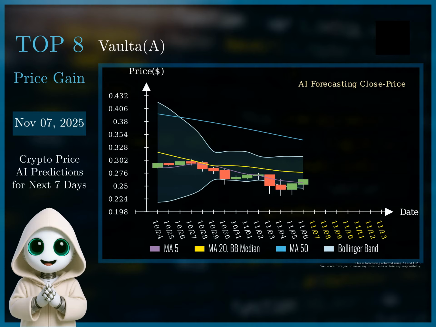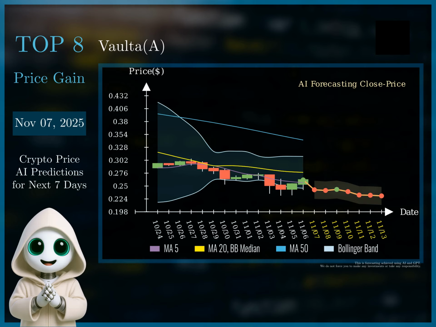Considering these factors, I propose a short selling strategy focusing on the lower band of the Bollinger Bands and the RSI. My strategy involves shorting Vaulta when the price touches the lower Bollinger Band and the RSI is below 30. For example, if the price reaches $0.231 on November 13, 2025, and the RSI is below 30, enter a short